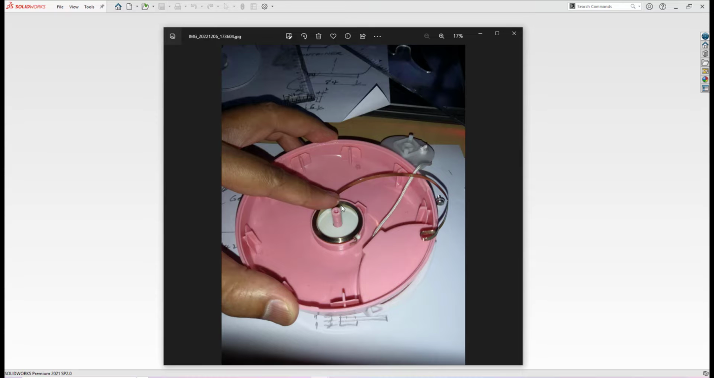In this video, I would like to show you how I will do part modeling for this flat coil spring. If you look at this photo, we have a flat coil spring here. This flat coil spring is mounted on top of the base plate, and this base plate is mounted on this